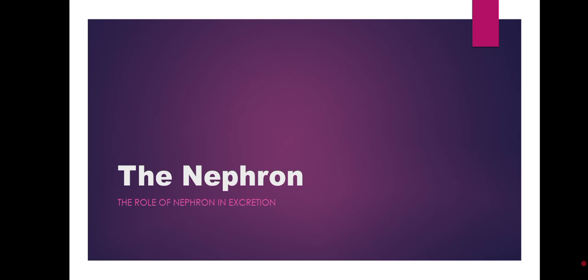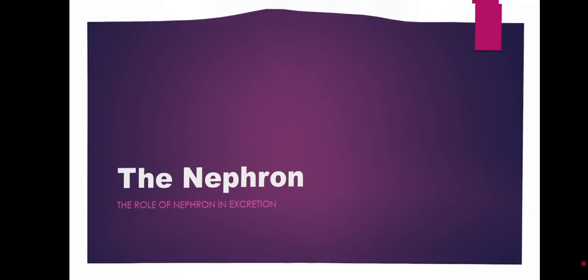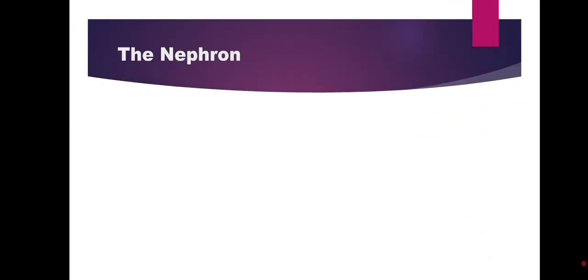Greetings, grade 11. Today we are going to look at the nephron, the role of the nephron in excretion. When we're talking about the nephron, it's a little thing. It's very microscopic, and we need a microscope to see it. If we check the kidney using a microscope, we can see that there are approximately millions of nephrons in each kidney. A nephron is a functional unit of the kidney. You need to take note of that. The nephron is basically what makes the kidney